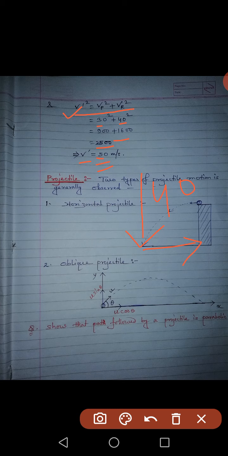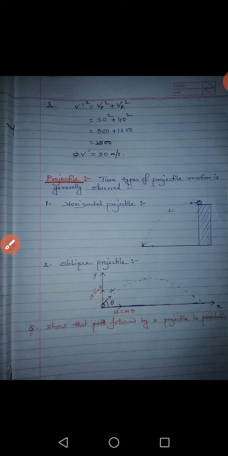Practically also you may have experienced this in some cases, when we ride a scooty or cycle. In that case, the rain strikes our face with more velocity. Though the normal velocity is 40, since we are moving with 30, the rain appears to hit us with how much speed? 50 meter per second. So this is the resultant speed of rain. Okay, from relative velocity, these two types of sums are very important.